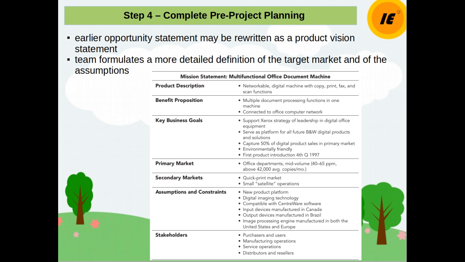Key business goal: support Xerox strategy of leadership in digital office equipment, serve as platform for all future digital products and solutions. Okay, I don't know what that means. Capturing 50% of digital product sales in primary market, environmentally friendly, first product introduction fourth quarter 1997. Primary market: office departments, mid volume 40 to 60 ppm, where ppm means pages per minute. Secondary market,